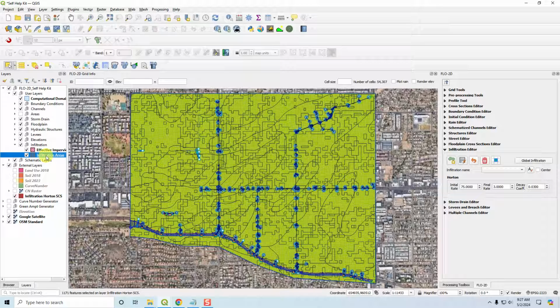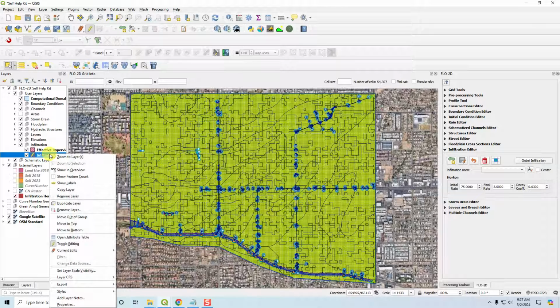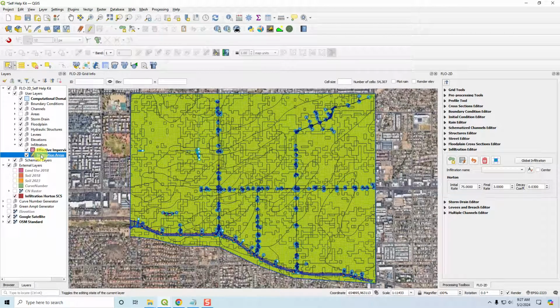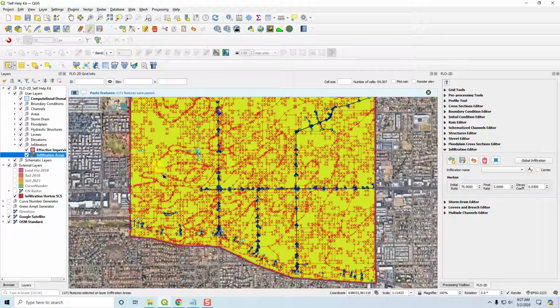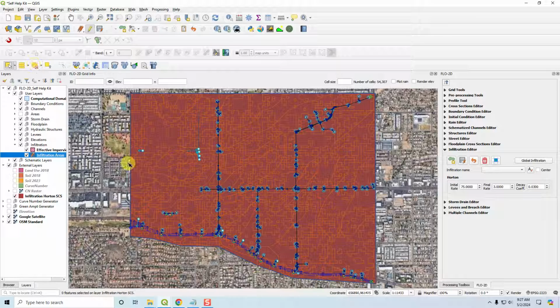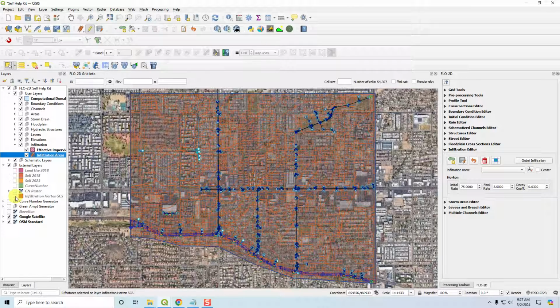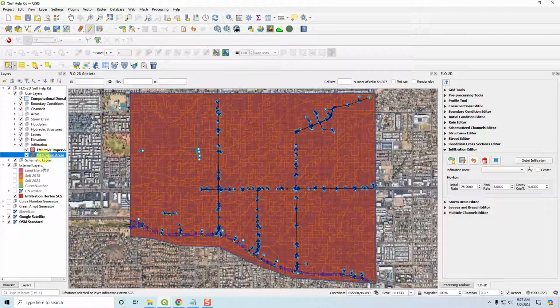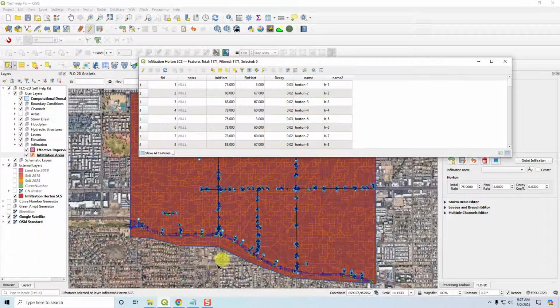And then I come to Infiltration Areas, and I click the Editor Pencil, or you can right click and click the Editor Pencil here, and then I click Control V. And you can see that that is going to paste 1,171 features. And then I can click Unselect All from all layers. Okay, and now you can see that I have copied these features from this layer to this layer, but I did not copy the attributes because